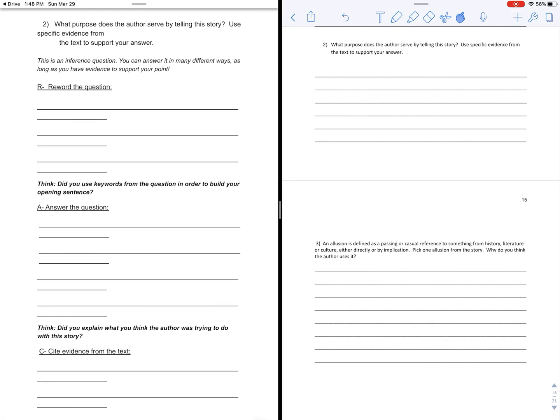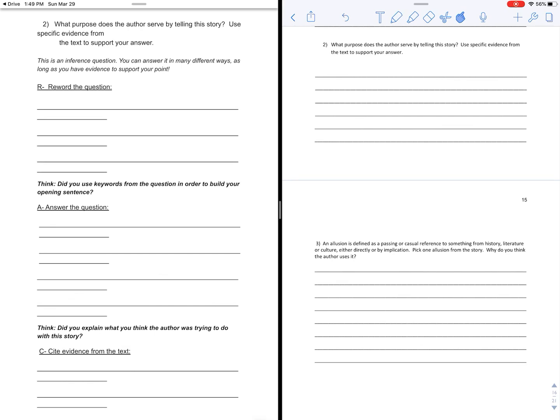So sometimes an author might decide, if you're reading something like Achieve 3000, to share a story with you to give you new information, right? That's one of the basics. So oftentimes we will read for new information. Sometimes an author will try to get you to change your mind about something by giving their opinion in what they've written, right? So that's persuasion. They're trying to persuade you to think their way.